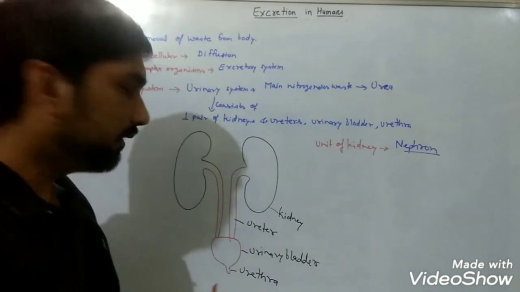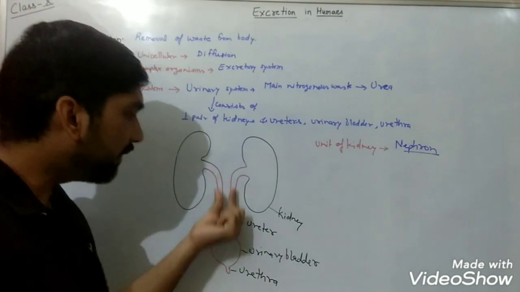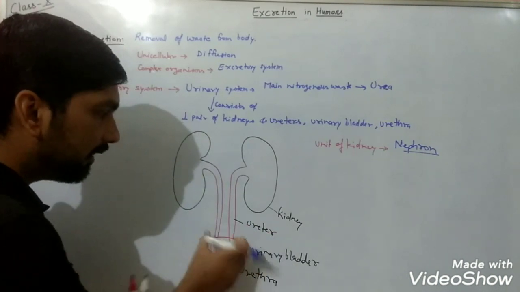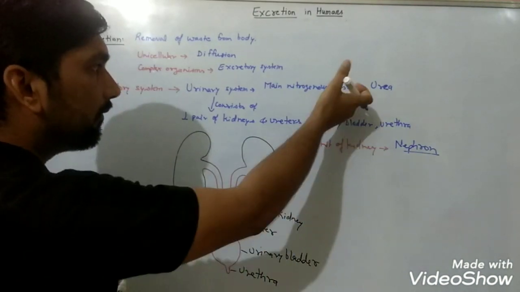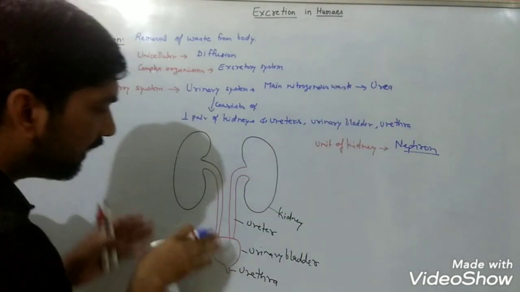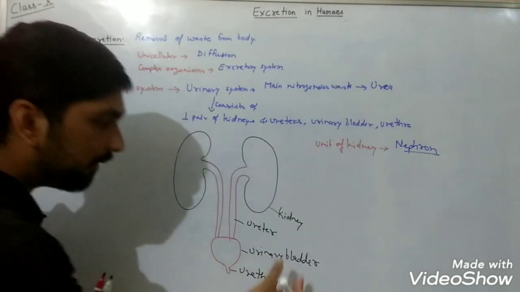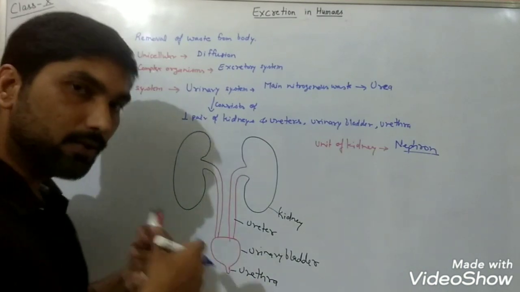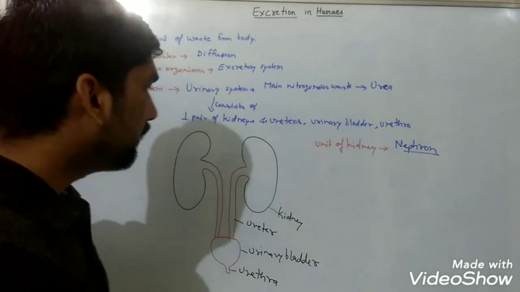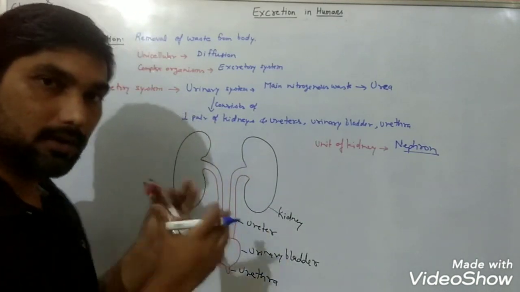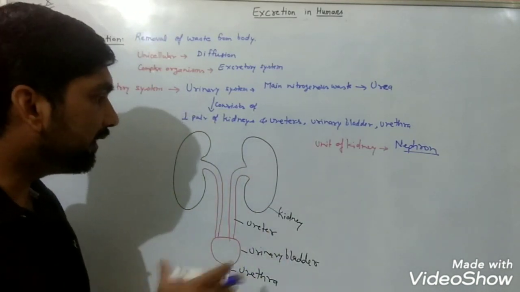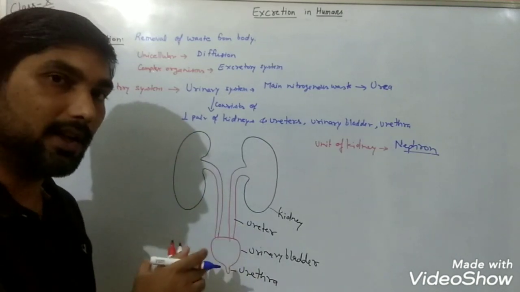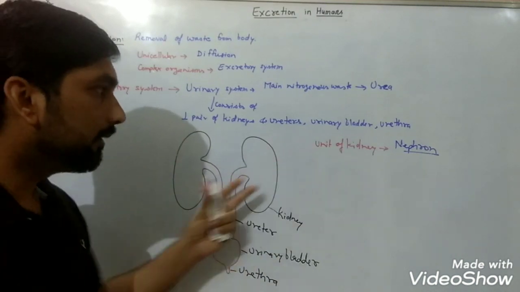So blood is going to come in the kidneys, and from the kidney when the wastes are absorbed, they are passed through tube-like structures that are known as ureters, and from the ureters this urine, which has nitrogenous waste urea, is passed into the urinary bladder. When this bladder is filled completely, then from the urethra the urine is passed out. So this is a small piece of information about the urinary system. We will discuss the enlarged structure of kidney and the structures of nephron.